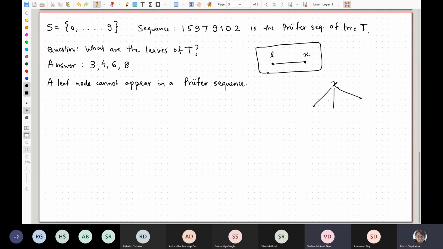I don't quite agree with this claim. If there is some leaf attached to it, but what if that leaf has the highest possible label? Oh yeah, right. It's not in the sequence, so we don't know that. Yeah, but you're almost there. Somebody, Ramanuj? So I think we can generally prove that the number of appearances of a number in the Prüfer sequence will be equal to the degree of the number minus 1. Okay, good. So what is the claim?